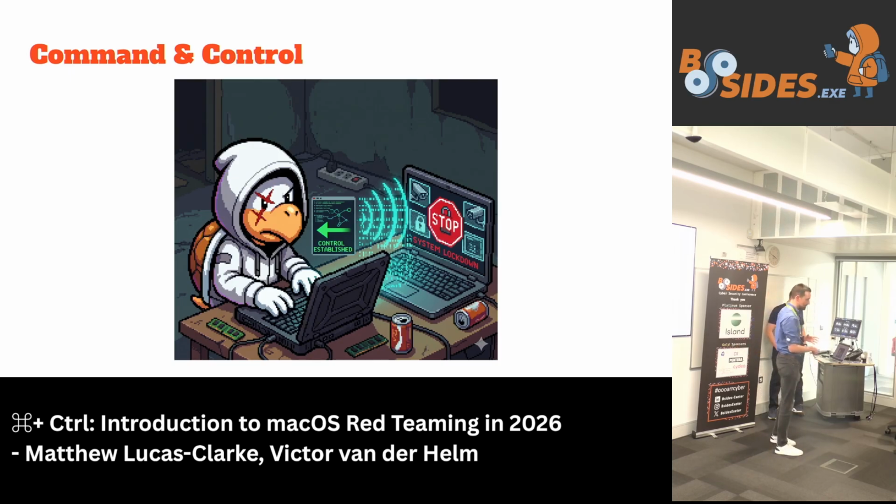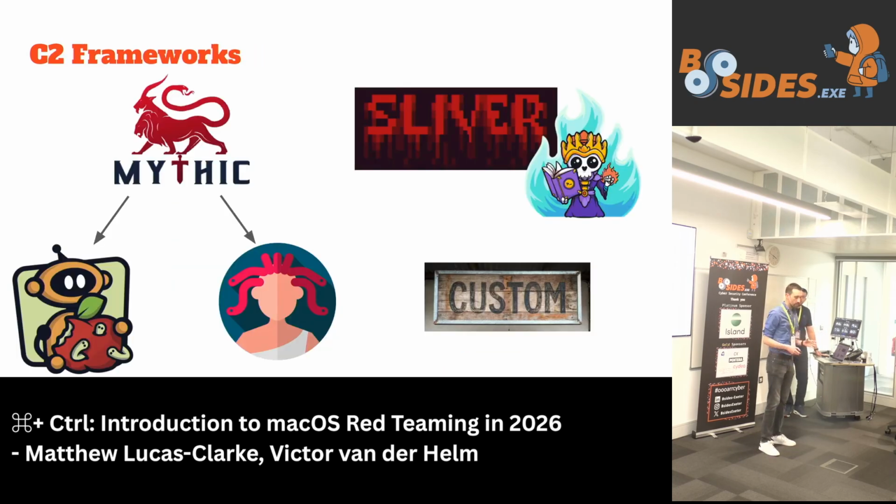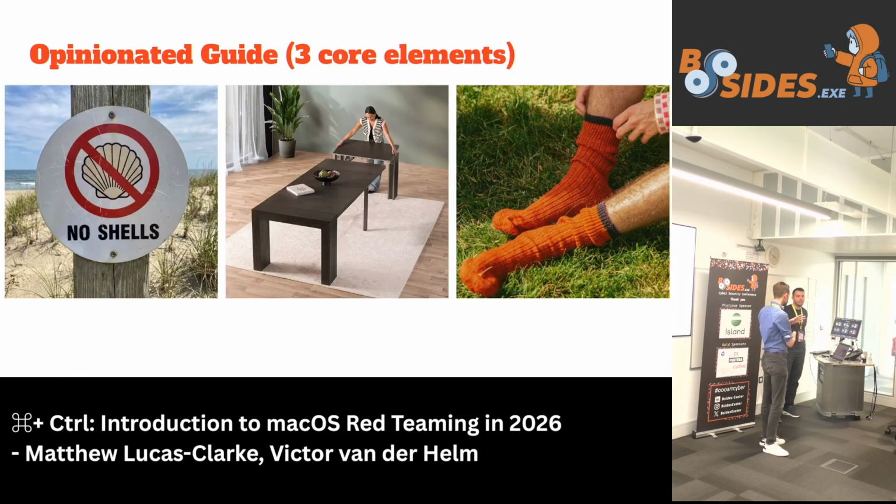If you've ever done any offensive security against Windows, you'll be familiar with C2 frameworks, things like Cobalt Strike and Covenant and so on. There are similarly lots of these out there for Mac, so you don't have to do all the work of creating Command and Control yourself. You can use someone else's work. Custom stuff is an option. It can be quite a good option, especially if you can just get AI to write it all for you. But whichever of these you choose, or whatever you decide to write yourself, there are three main things I would recommend you bear in mind.